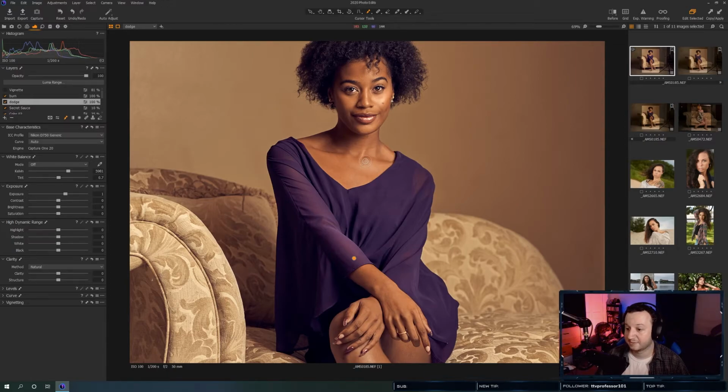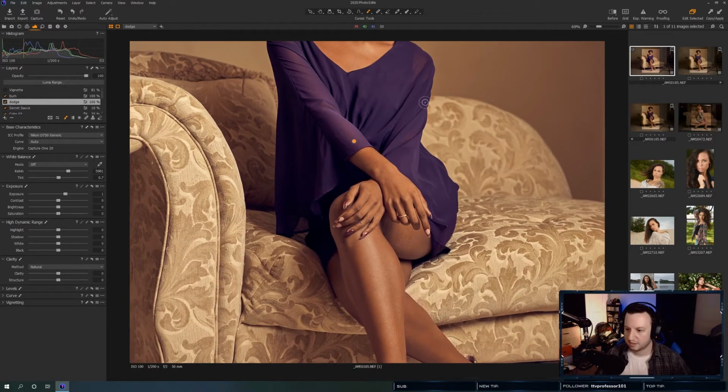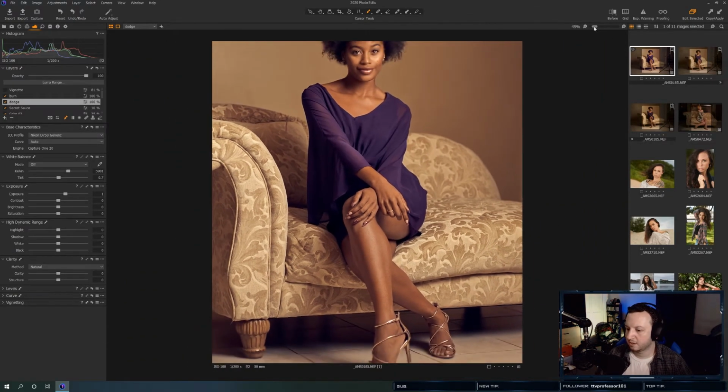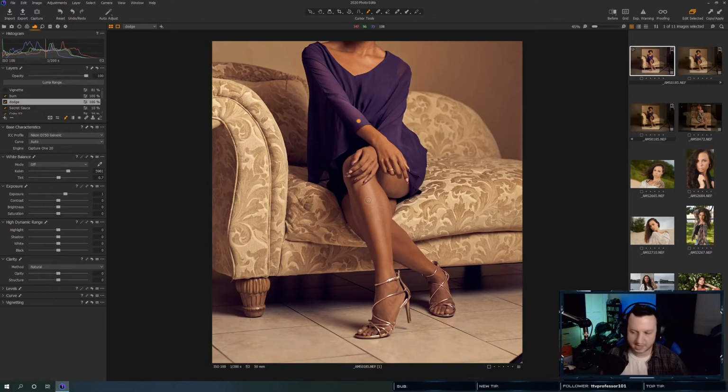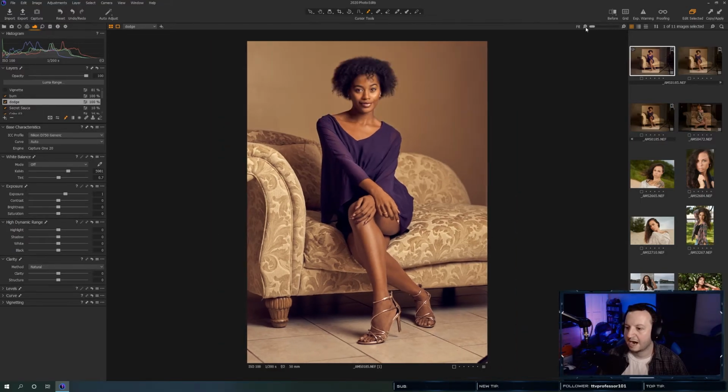It's weird doing this in Capture One because, again, I usually do this stuff in Photoshop. Let's dodge that. And then I definitely want to follow this highlight down her leg. Just like that. I think I'm going to start because I really do like it. Okay, we're going to fix this part of her dress here in just a second now that I'm noticing that.